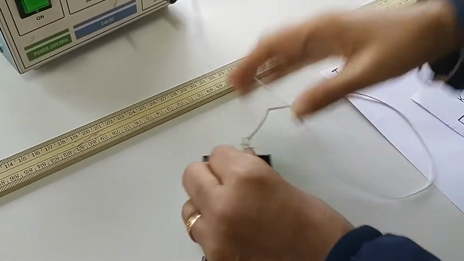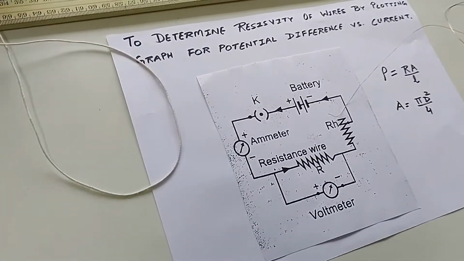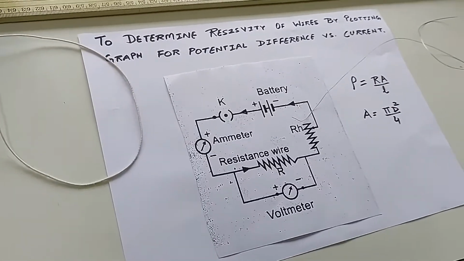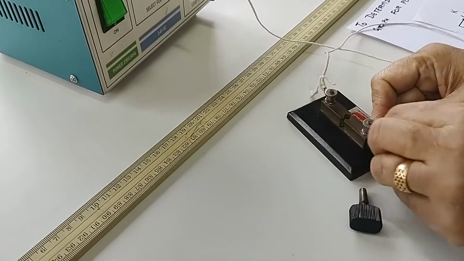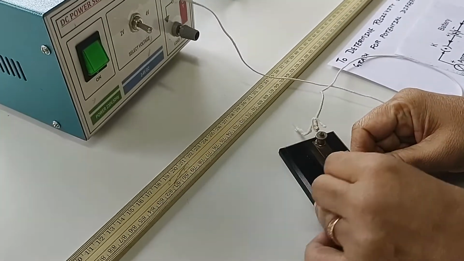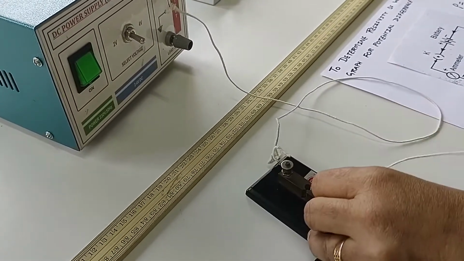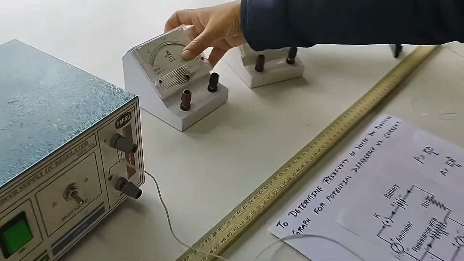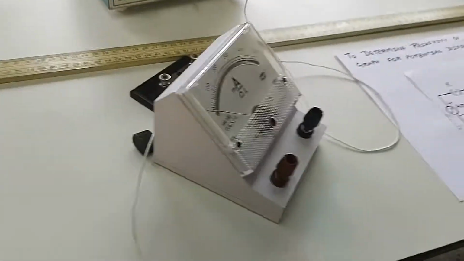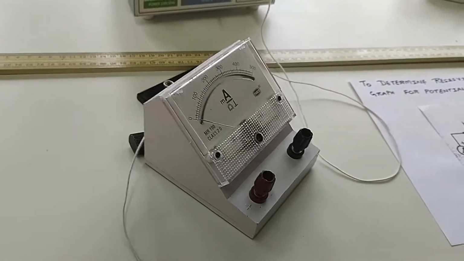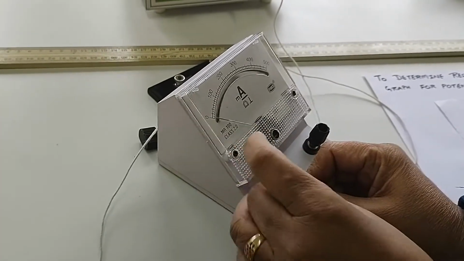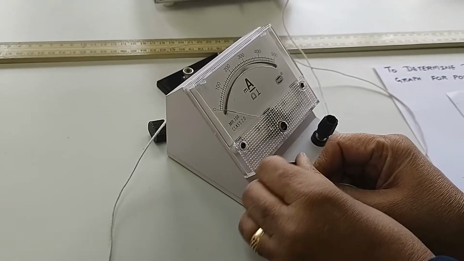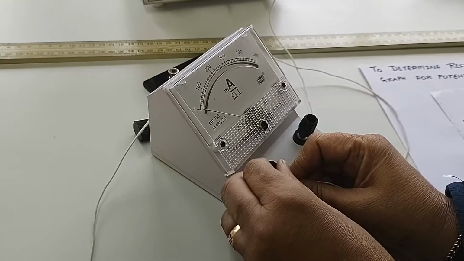The second terminal of the key, as you can see, is connected to the positive of the milliammeter. So I will take the second wire, again just half a round, so that your connection is tight. And this is connected to the positive of the ammeter. We'll be using the milliammeter. Red is always the positive and black is negative. So I have connected the key to the positive of the ammeter.